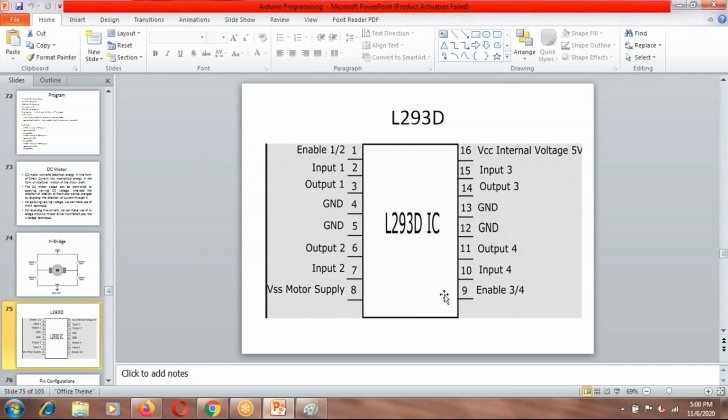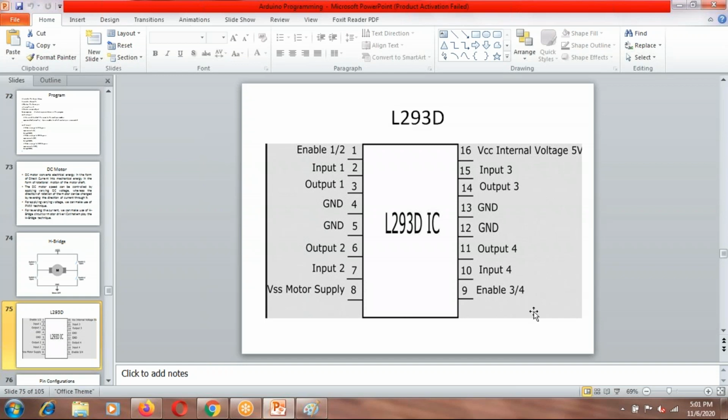Then similarly, as we have seen on the left hand side, on the right hand side you have input 3 and input 4, to which you will connect the microcontroller pins to drive the second motor, and output 3 and output 4 at pin numbers 11 and 14 respectively to connect your motor's terminals. Ground pins are there; you have to provide them the 0 or ground potential.